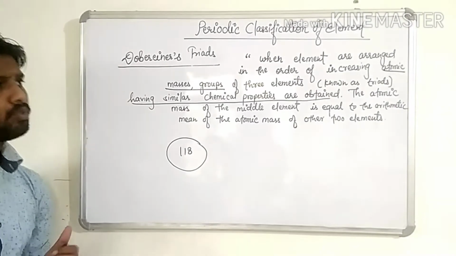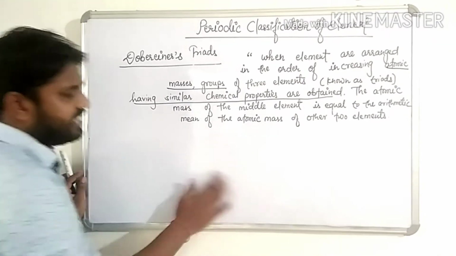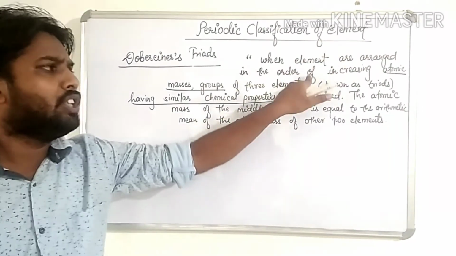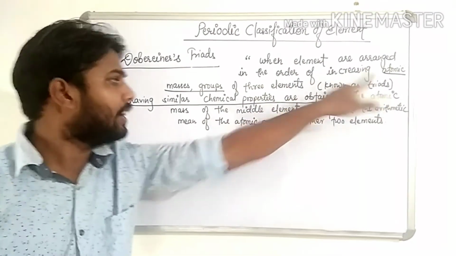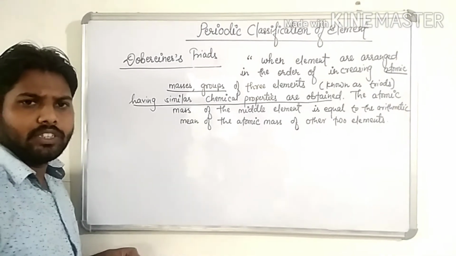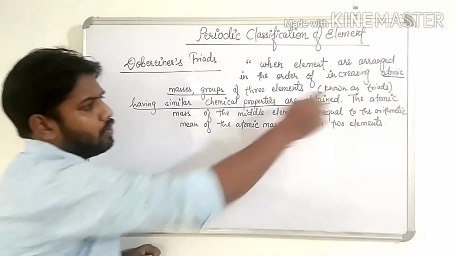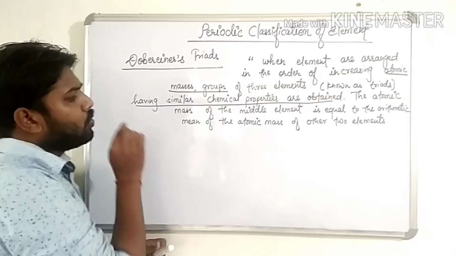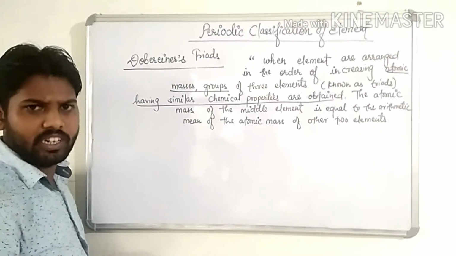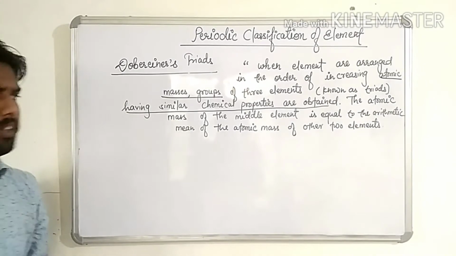Clear, children? So on the basis of his observation, he states that when elements are arranged in the order of increasing atomic masses, means when elements are arranged in order of increasing atomic weight, that is known as a triad, and they show similar chemical properties. Clear, children? For example,